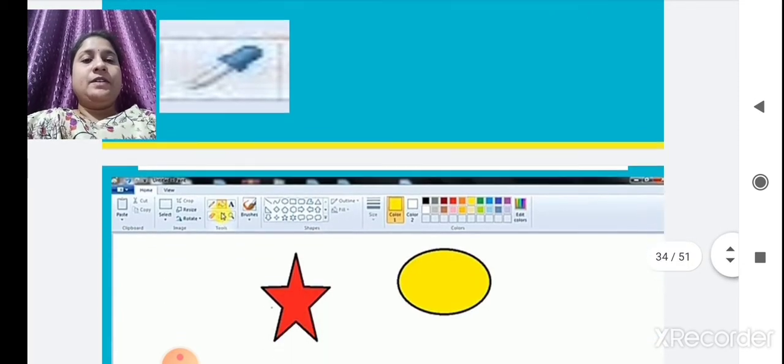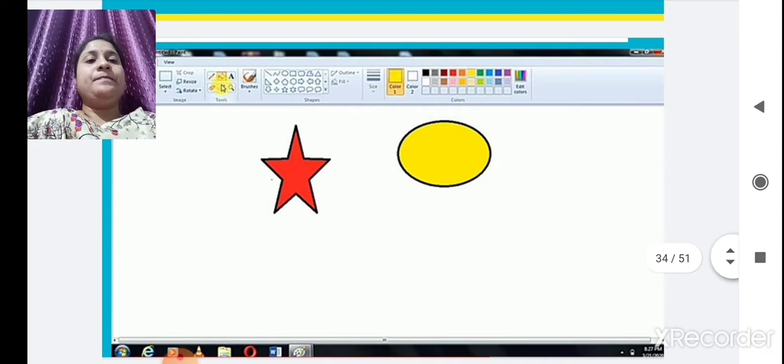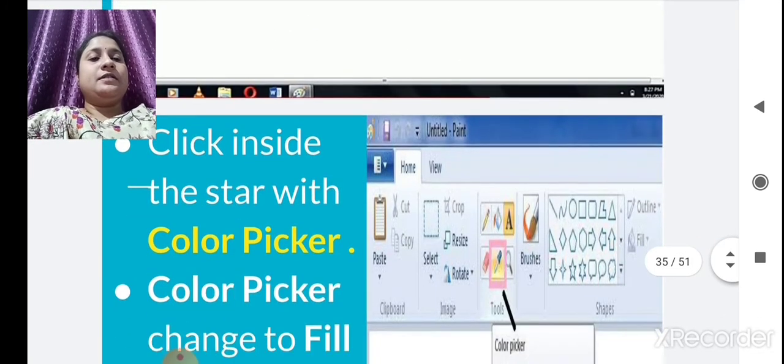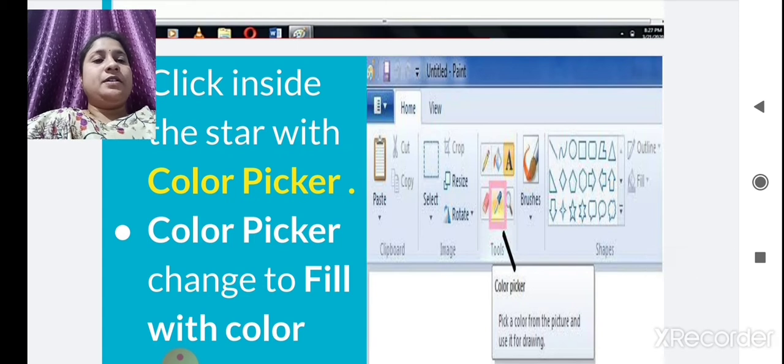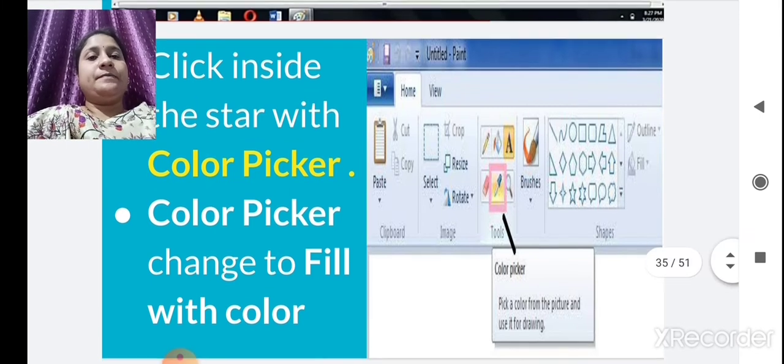Okay, see here we have drawn a red color star and an oval shape in yellow color. In the tools there is a color picker, pencil, fill with color, text, rubber, magnifier and color picker. So you have to select the color picker.